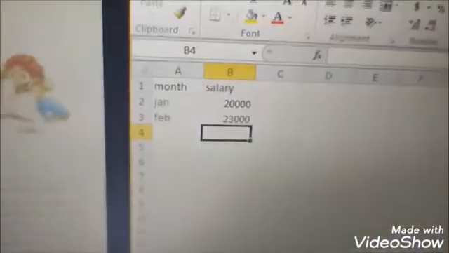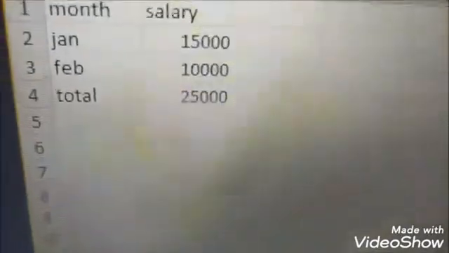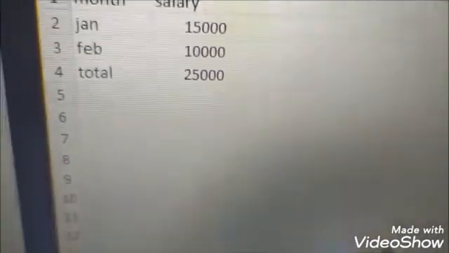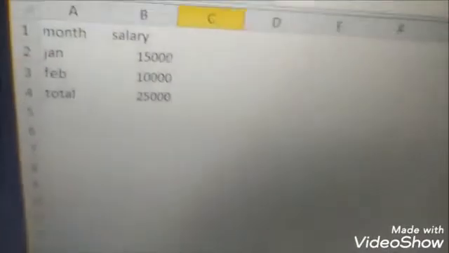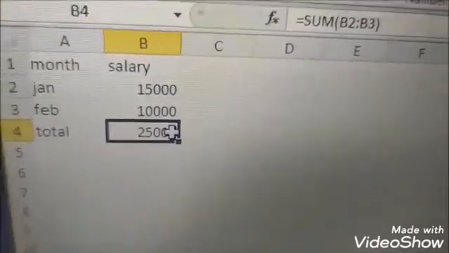You see, this is my sheet 2. Just look here, this is my sheet 2. And in sheet 2, I have typed the data and I want to find out the total. But in sheet 1, you just look here, in sheet 1, I already calculated the total. This is my total. Okay. So how did I calculate? If you click on the total, I can get the total formula. Just click. You just see SUM B2 to B3.